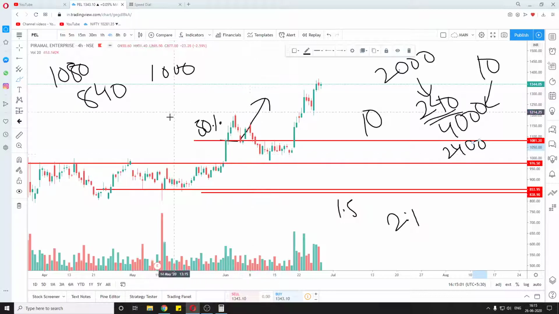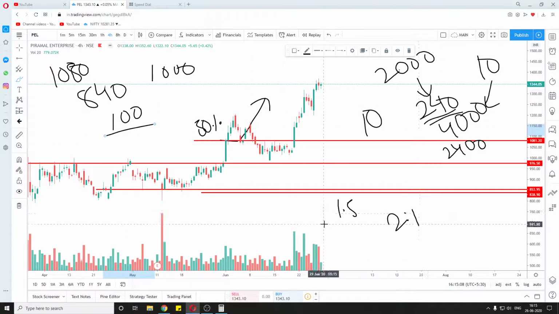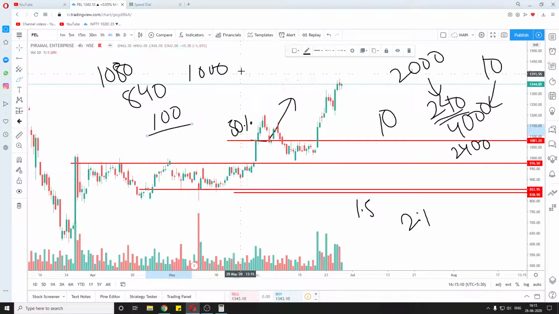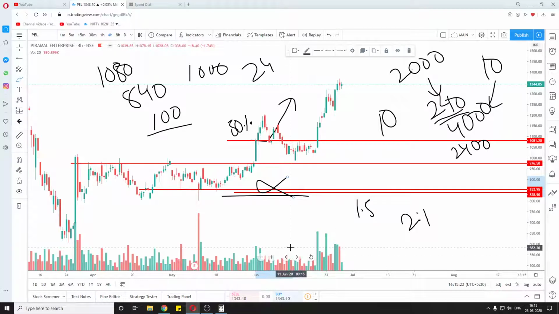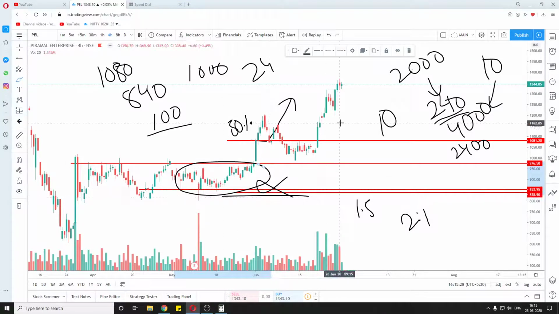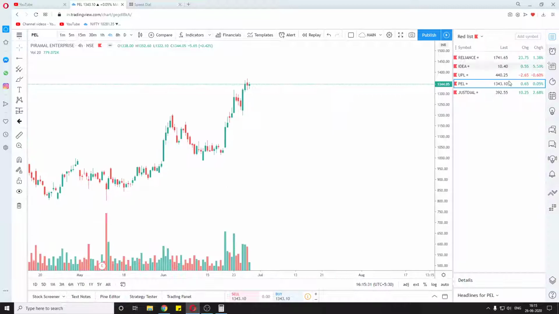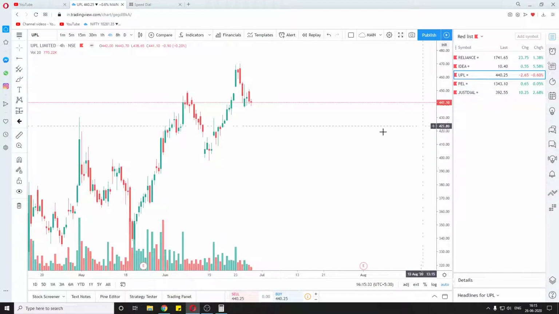If we buy the entire quantity, we can buy almost 100 quantity with 1 lakh capital, around that. And if we take a 240 rupees stop loss, that becomes almost a quarter of your capital gone. And if you are placing the stop loss anywhere other than this, then the stop loss is wrong, because a good stop loss is below the accumulation zone. Let's look at one more last example. And this is UPL.